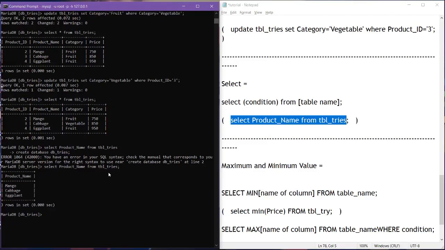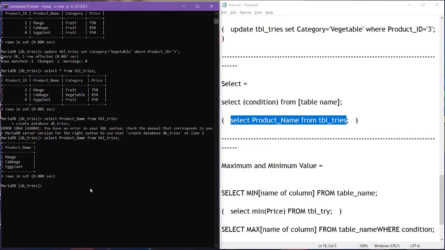You can also choose two columns, okay? So here is our old line of code. Let's try to put price, a comma here, then enter.